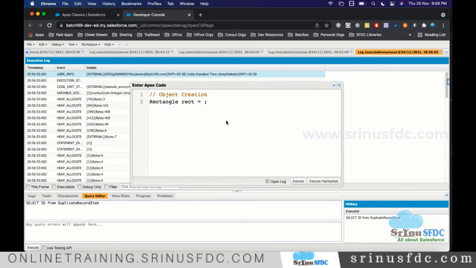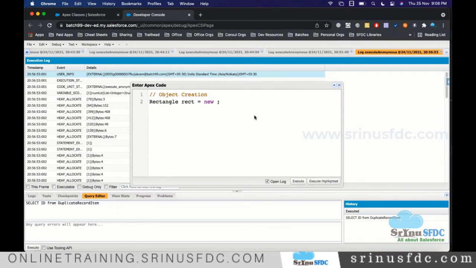So for the object, we have to create the instance of the class and store that reference into it. Here this is the class name, and this is the name of the object. The new operator is responsible for allocating the memory for the variables which are defined in that class.